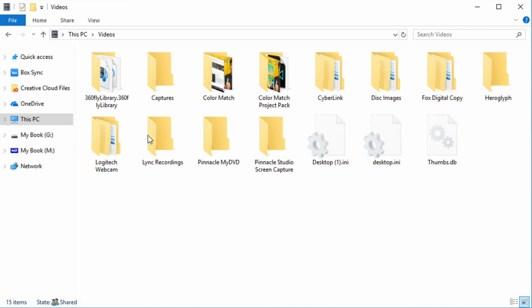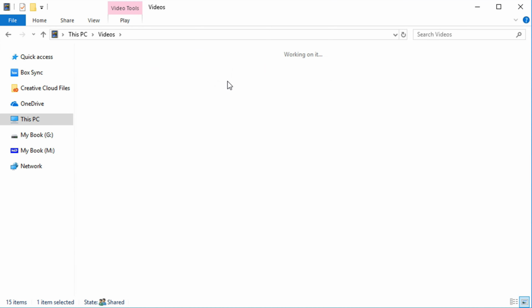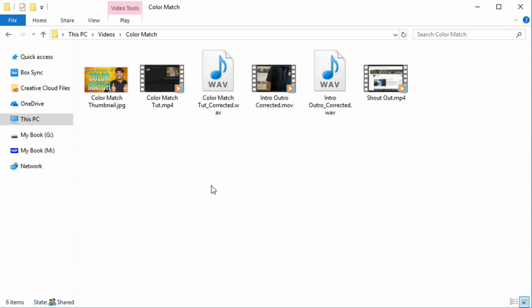I can go to the location here where I have all the files that I want to use in this project. All right. It helps me to organize things, keep things clean. And then I don't have to worry about messing up the original file because I'm using the copies of those original files as well.